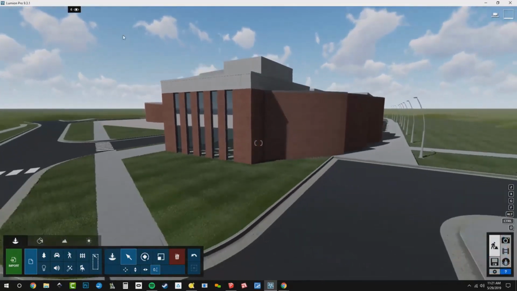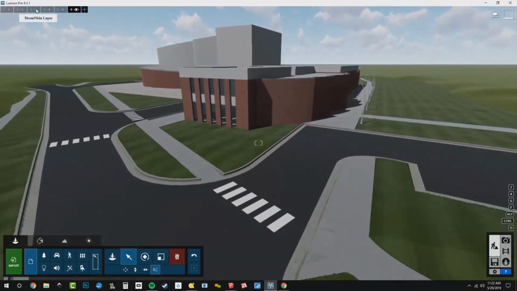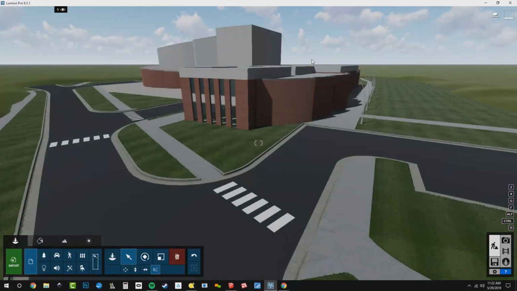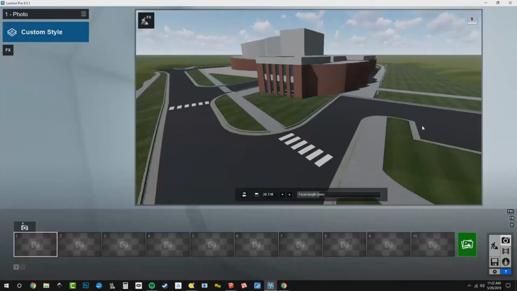So right now, it's kind of nice about Lumion. It's pretty easy to just throw some stuff in your model and then relayer it after the fact. So right now, I'm really going to work on summer. That's the rendering that I'm going to focus on. So we'll start there, and then we'll move things around. So we need to add a couple of different object types. But before I do any of that, I want to go over to photo mode,